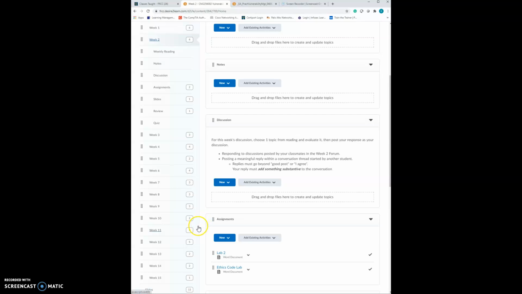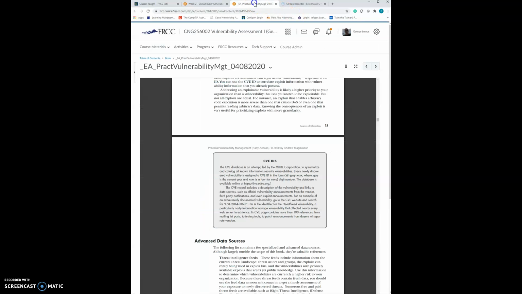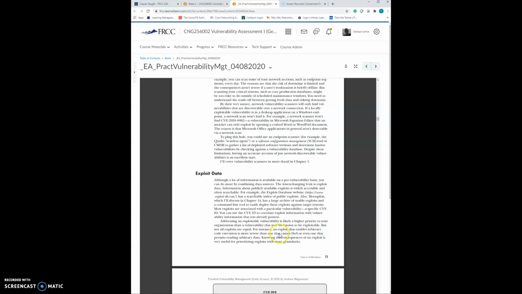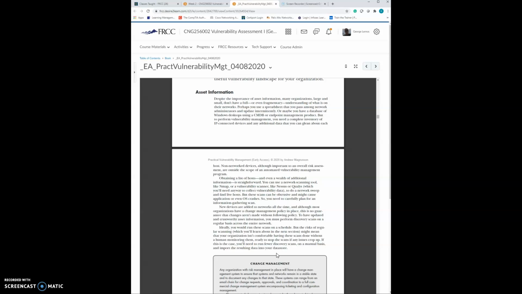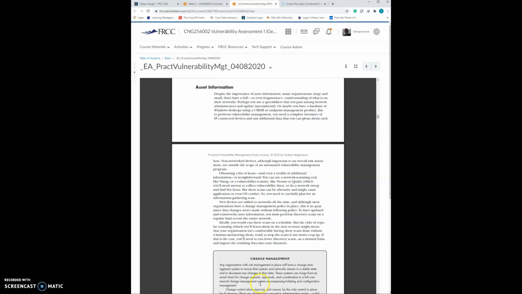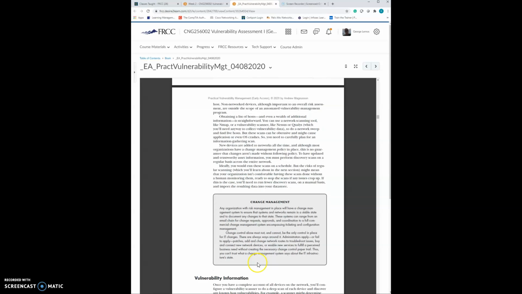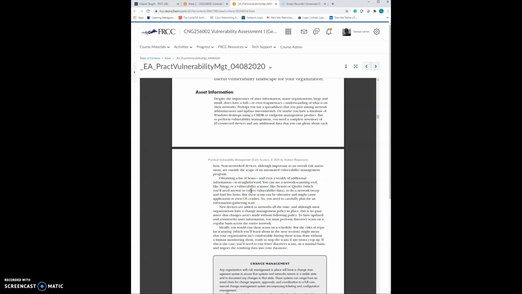So this week we learn how to identify sources of information like asset information: IP addresses, the IP network or the network schema. What else can we learn? OS model. You get a lot of data from just the assets themselves, and this gives the attackers more ways to look